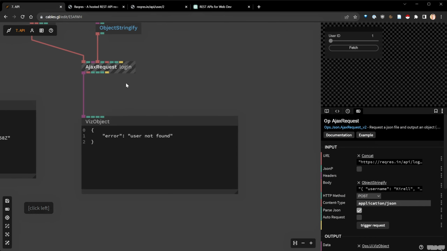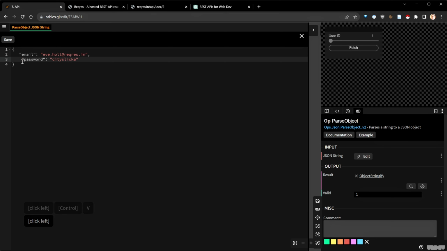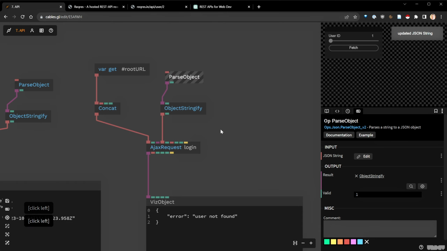User not found, which is good, right? So technically I would have to register and then log in. But if I take the data that they put here as an example, I think it was email. I think I was wrong. I should have put email instead of username, but it doesn't matter. Just to illustrate,